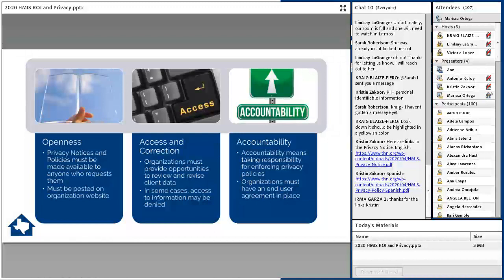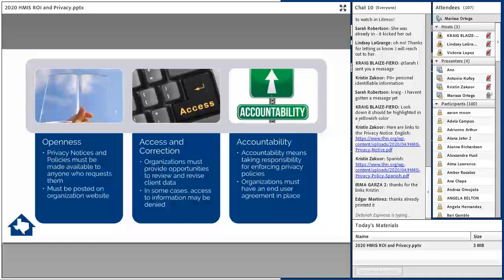Second, you can provide advance notice of when you are going to change your privacy policies. Your organization must also provide an opportunity and process to allow clients to review and make revisions to their information. You must offer to explain what data is protected and consider requests to correct anything that the client perceives as inaccurate or incomplete. In some cases, you may actually deny access to some information. For instance, if you know the Social Security number is correct because it was verified by an agency of authority, but you must explain why you will not provide access or correction to this data.